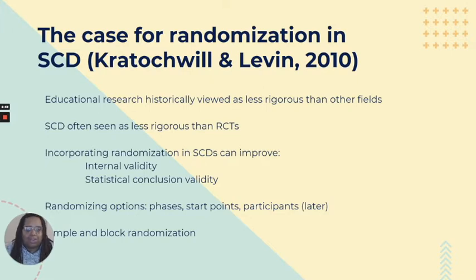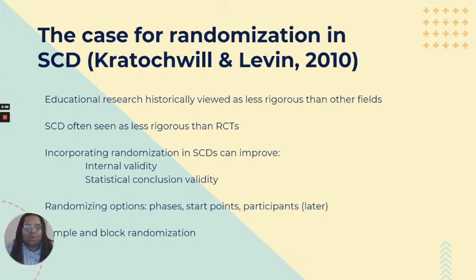So one of the first things that they talked about was that educational research, when you compare it to other fields, is very often seen as less rigorous or less valuable. And then within educational research, single case design is certainly very often seen as less rigorous than randomized control trials, right? And so the idea was to take an aspect of RCTs, this randomization piece, and utilize it within single case designs to better improve both the internal validity of single case design studies as well as the statistical conclusion